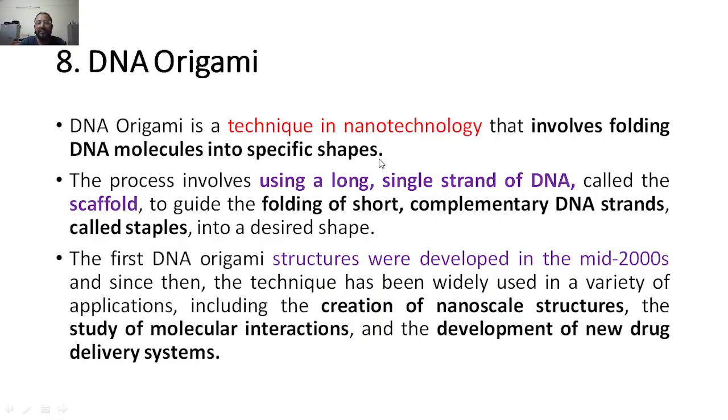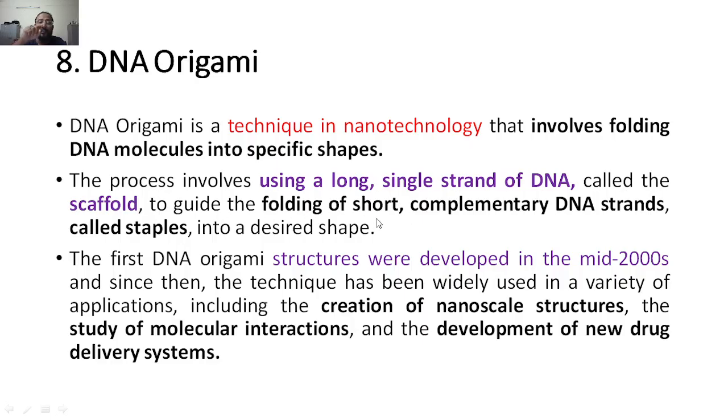The process involves using a long single strand DNA. That means you are taking a long single stranded DNA, which is called a scaffold. Now here you are calling it a scaffold. Don't get confused with the other tissue engineering scaffold here. Okay. So you are taking a single stranded DNA and using it. That is called the scaffold, which guides the folding of short